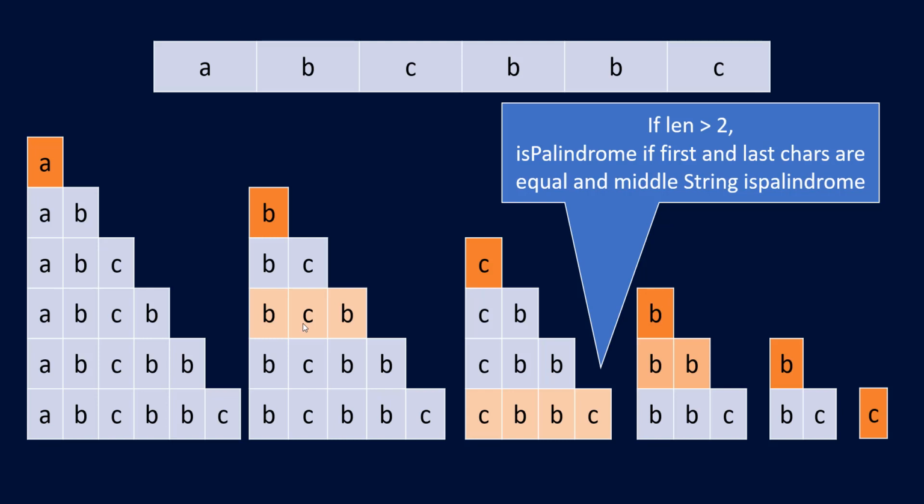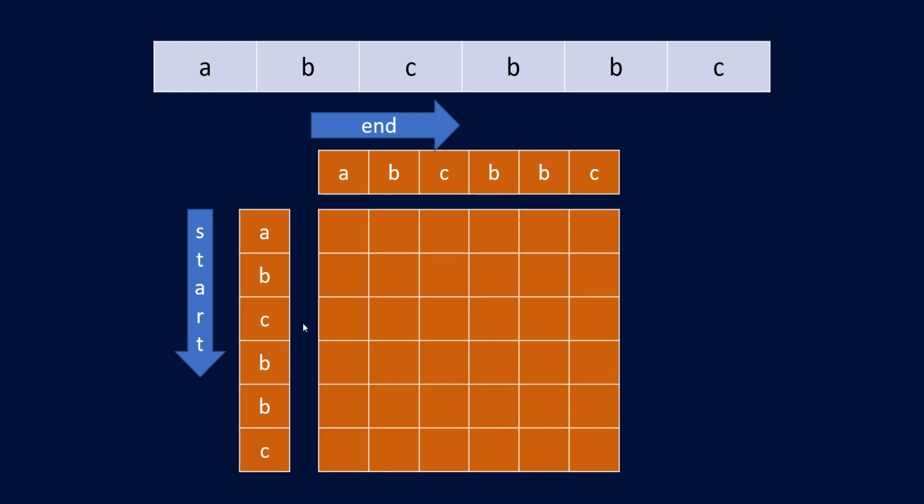Now let's go ahead and see how we found that out. Our first approach would be the DP approach. We'll take a matrix of size length of the string by length of the string, where my rows denote the start and my columns denote the end letter. So if you consider this particular box, it would be the string starting with letter A and ending with letter A, that is, only the letter A.